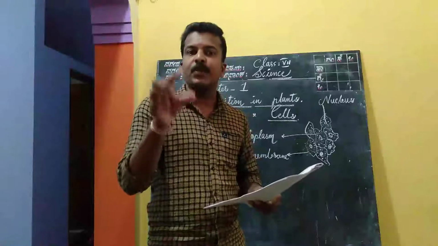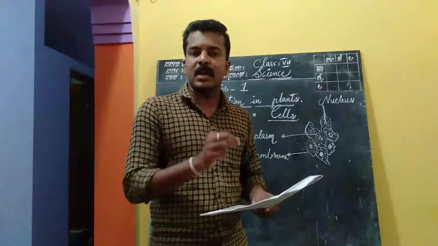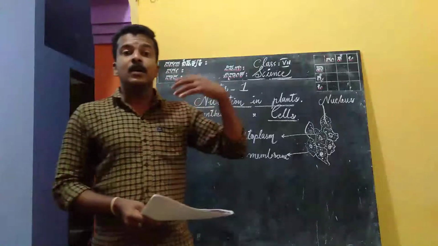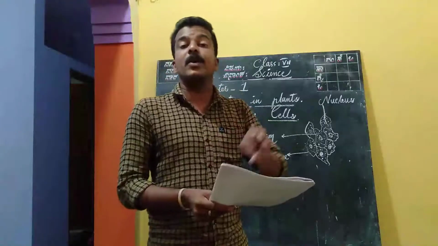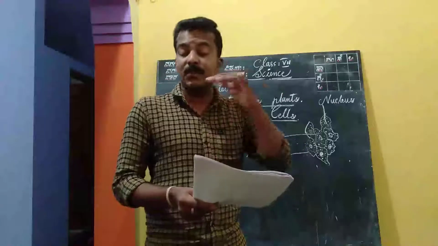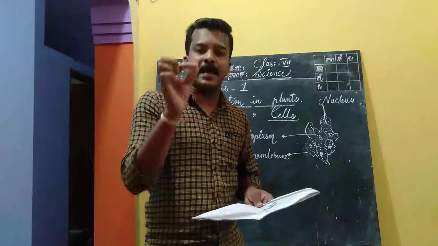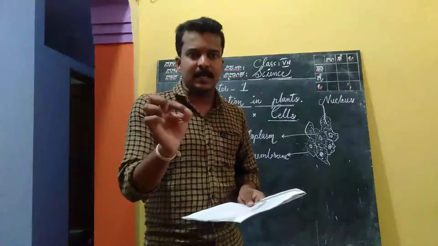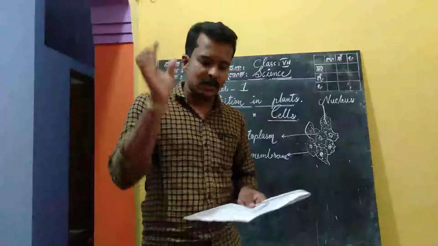Once again, about Bojo's doubt. What was his doubt? His doubt was that some plants have brown or red leaves, whether photosynthesis is going on in such kind of plants or not. And now we came to know that the color may be red or brown, but that is just a pigment mask. In such kind of plants also chlorophyll is present. That means in such kind of plants also photosynthesis is going on.